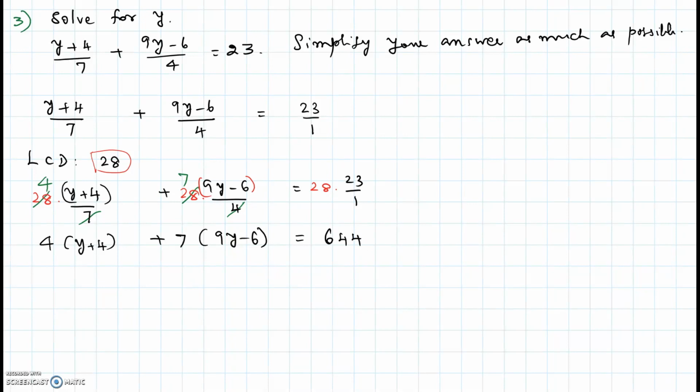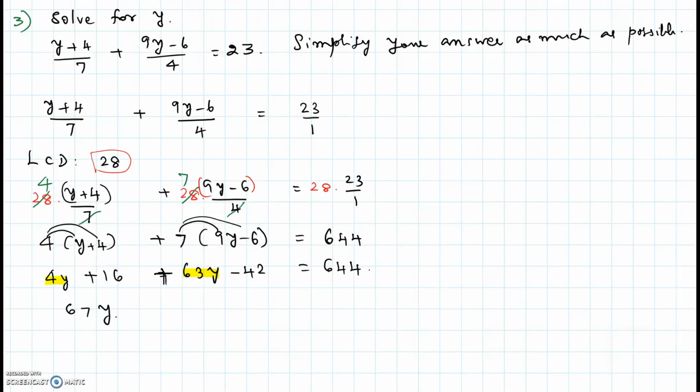The next step is to distribute: 4y + 16 equal to 63y minus 42 equal to 644. To combine the like terms, that will be 67y, plus 16 minus 42, that will be a negative 26, equal to